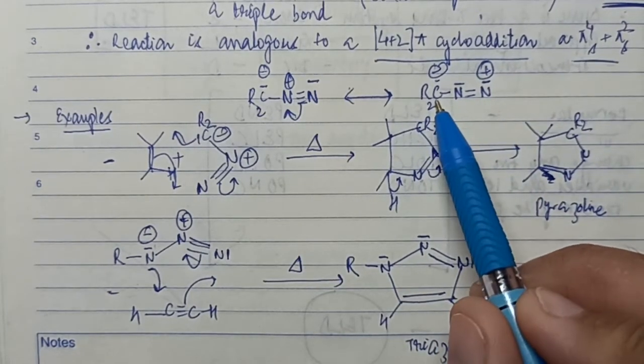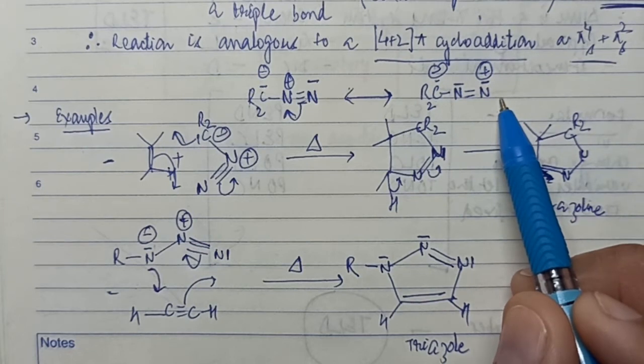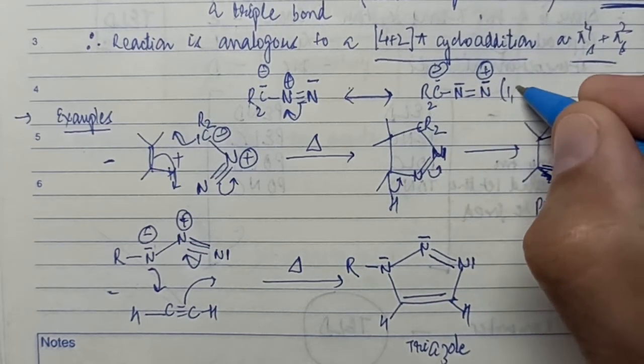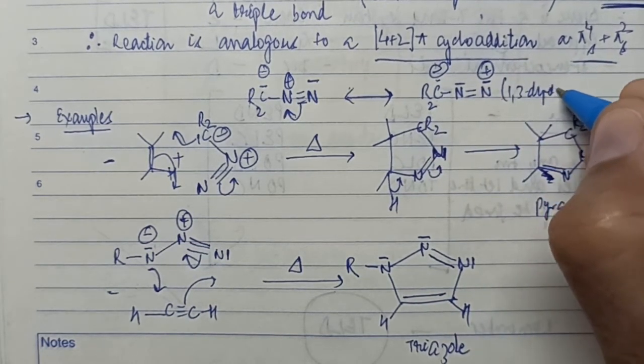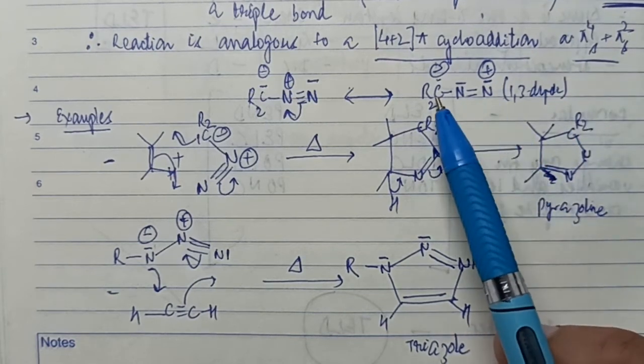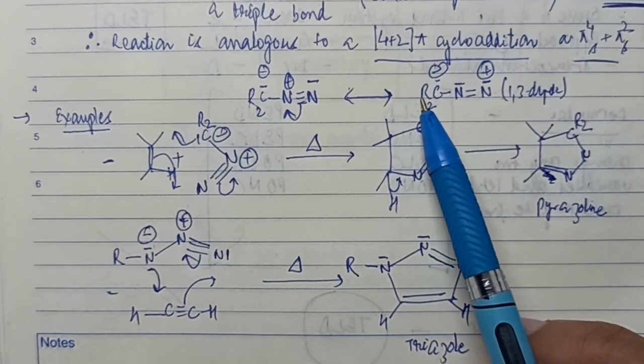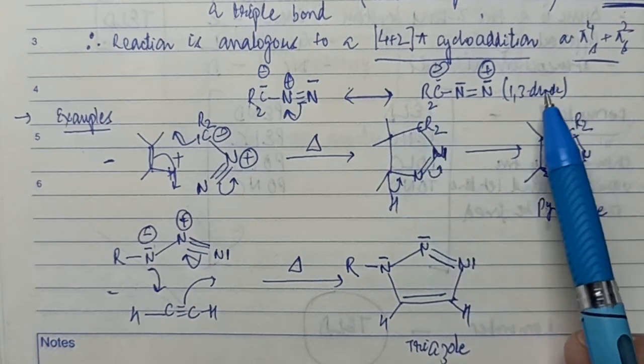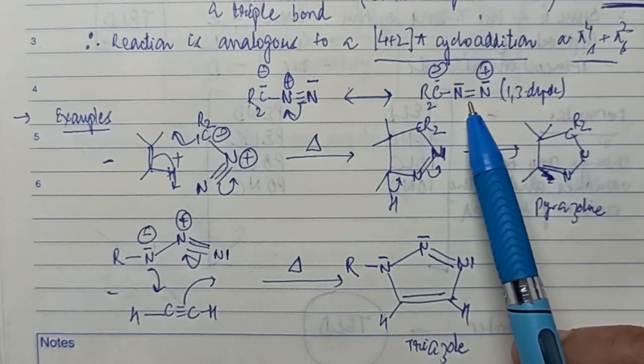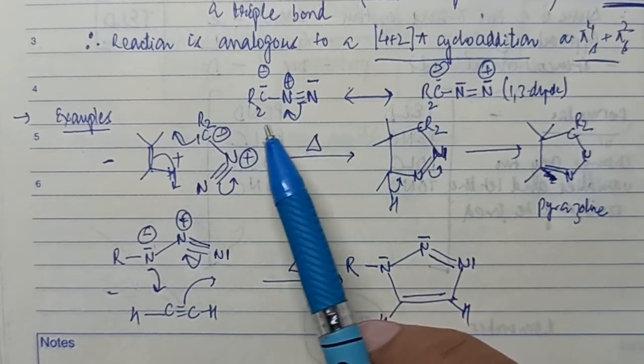A negative charge on the first atom and a positive charge on the third atom. Therefore, I can call this species a 1,3 dipole. So even though I'm writing a positive charge on the first atom and negative on the third, or vice versa, I can write this formula for a 1,3 dipole also, or I can write this formula for a 1,3 dipole